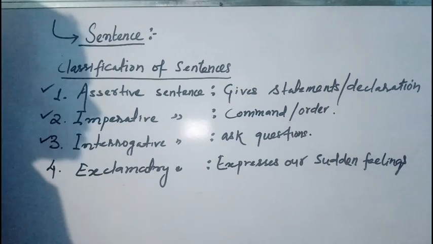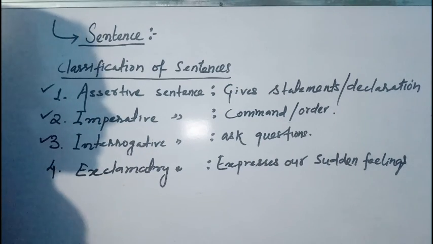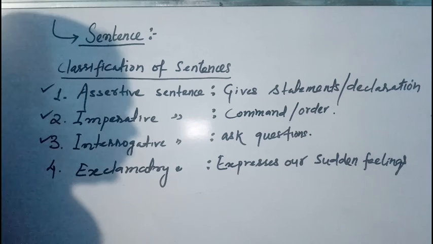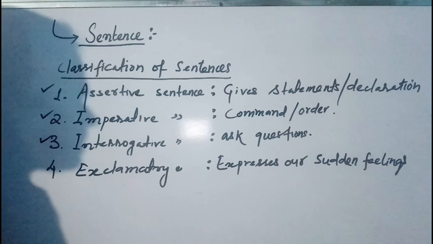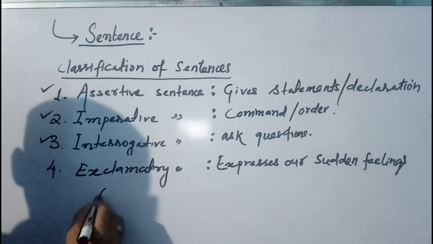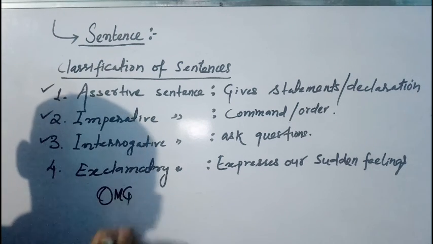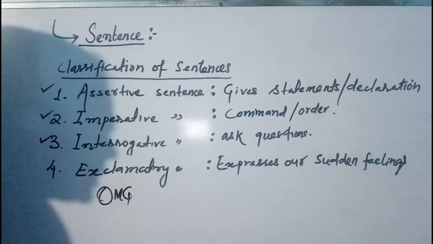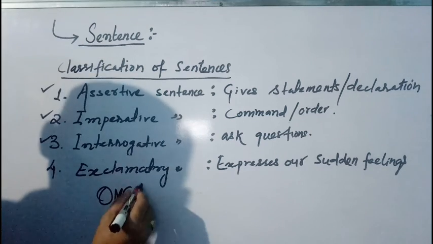We are in no position to express a certain thing, but out of the situation, sometimes we utter some group of words and it gives some meaning. So such sentences are called exclamatory sentences. For example, nowadays OMG has become very popular. Oh my God,